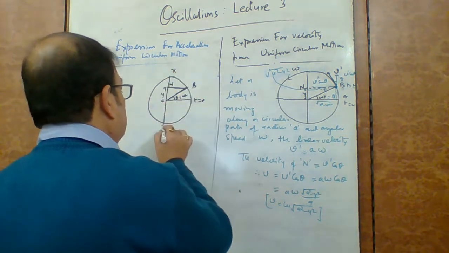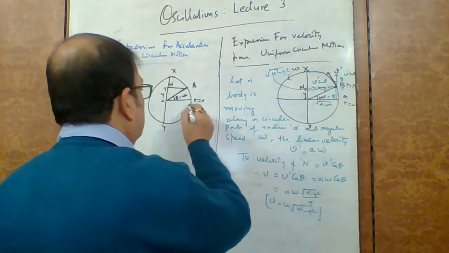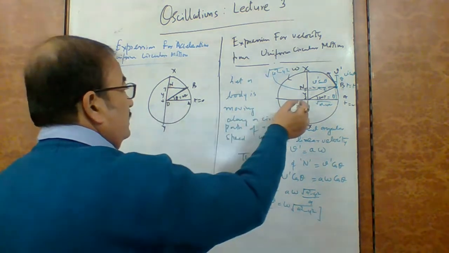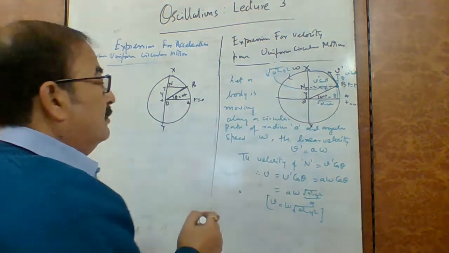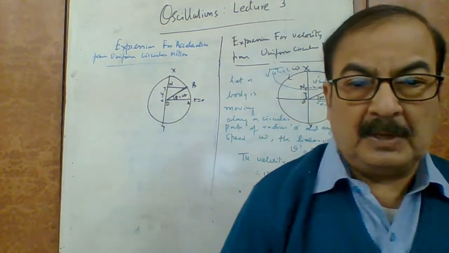This is xy. This point is A, this point is B, as usual, this is O. यहाँ तक तो बिल्कुल कॉमन है, यहाँ तक तो कोई दिक्कत नहीं,